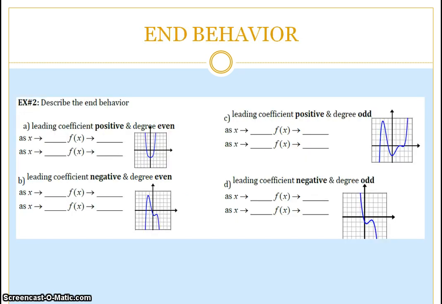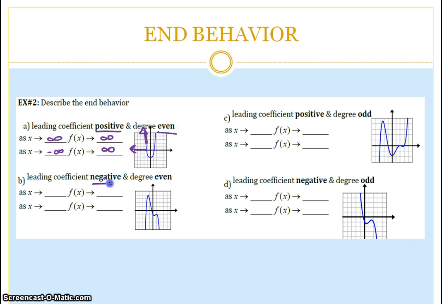Okay, so here's how we're going to describe the end behavior. These are the 4 cases: the degree is even and the leading coefficient is positive or negative, and the degree is odd and the leading coefficient is positive or negative. These are the 4 cases of the polynomials. So as x approaches infinity, my function is going up. It approaches infinity. On the other hand, as x approaches negative infinity, my function is also approaching infinity. Okay. And that's always the case when the leading coefficient is positive and the degree is